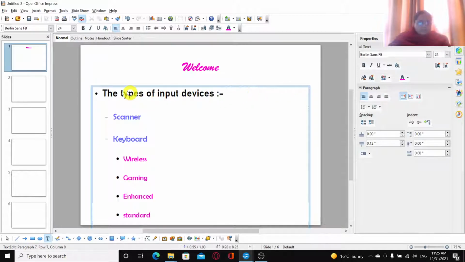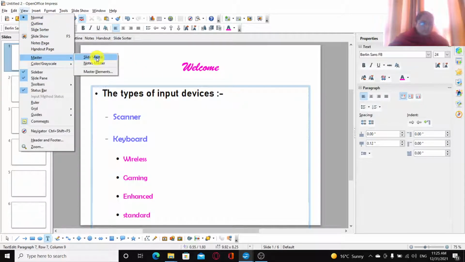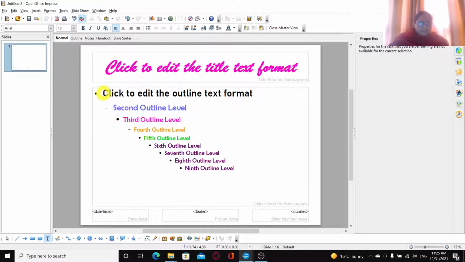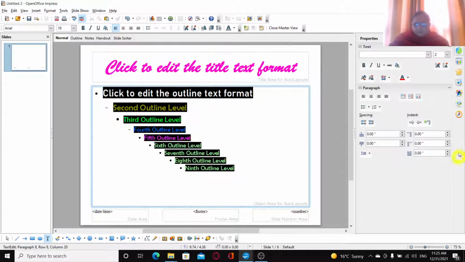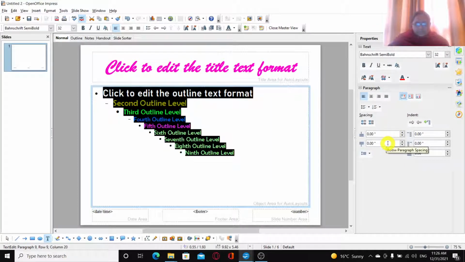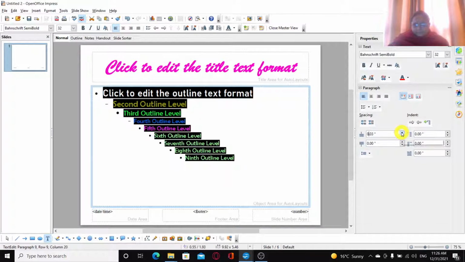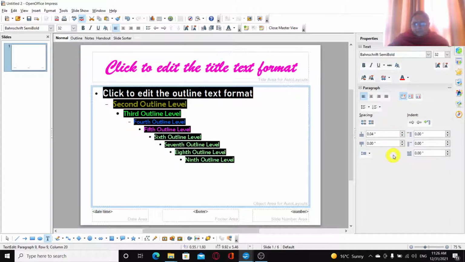So this way now, but you can see that there is too much space between the lines here. So again to change that, because this is going to stay the same for all the slides, let us go back to the master slide and change it. So we'll go to View, and again we'll go to Slide Master, and here I will select all the text, and from here I will select this paragraph spacing. So I'm keeping it at 0 point. Let me increase it a little bit. Only this much is sufficient for the time being.